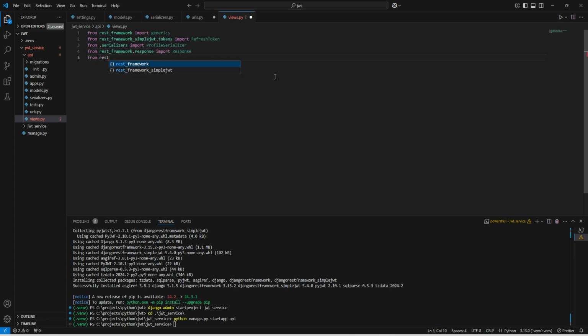Next we are going to add some permission related stuff. So permissions, let it be, so whenever we require we will see that. Now next thing, like API view, we need to import from the REST framework dot views,